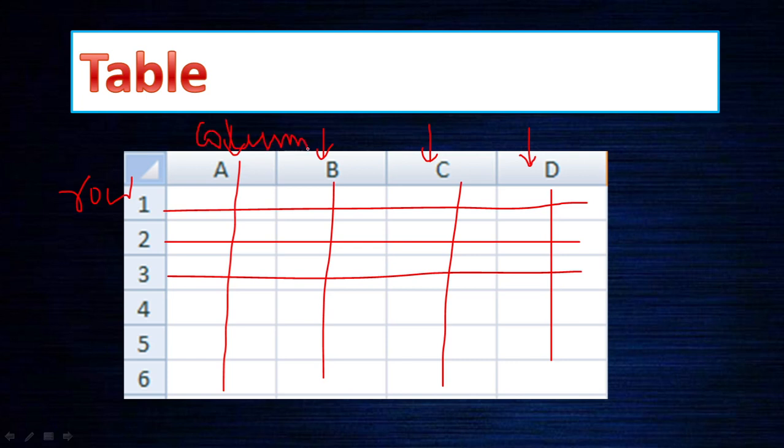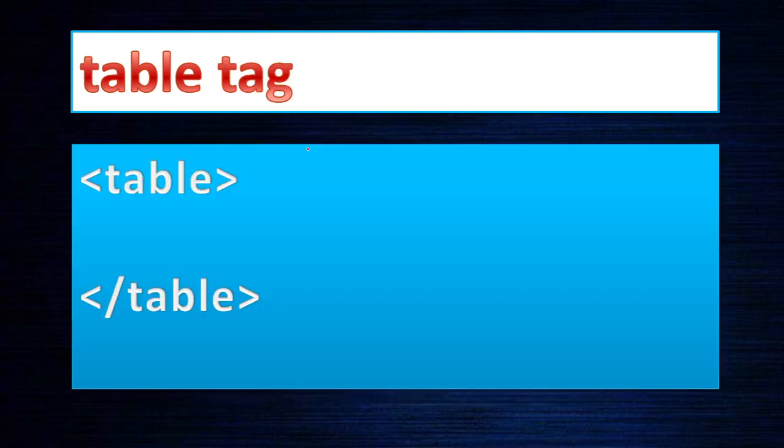Now let's look at the tags, what tags you have to use to create the rows or columns of the table. We'll understand that in this topic, and we'll design some tables in sample files and see how they look. First, the table tag. The table tag starts with table, the same way as the HTML tag. So start with table and end with /table. This is the opening tag and this is the closing tag.